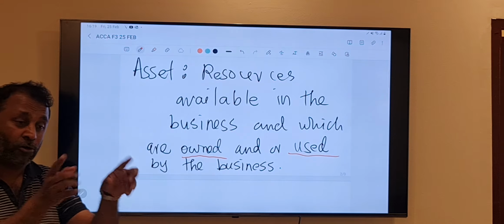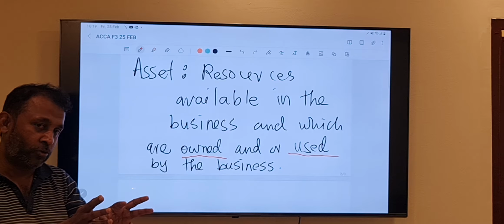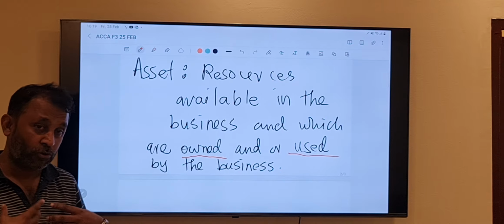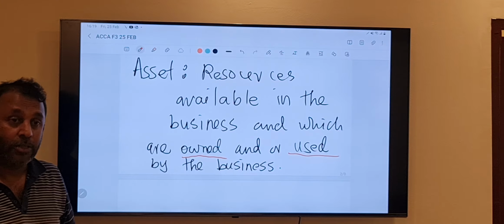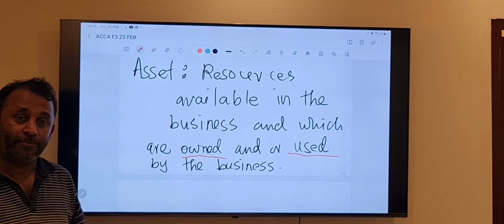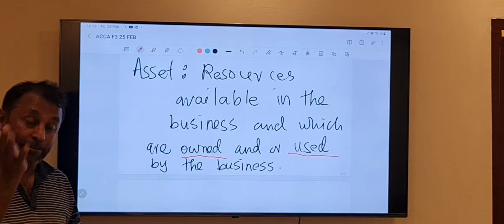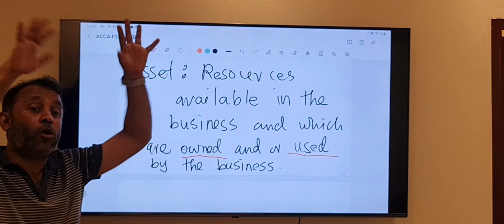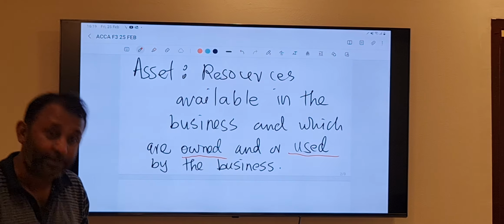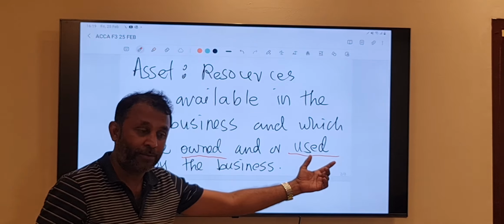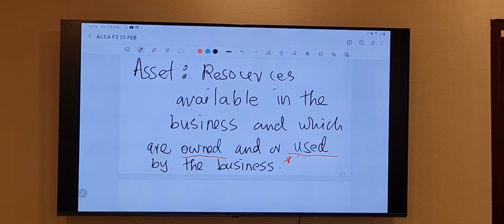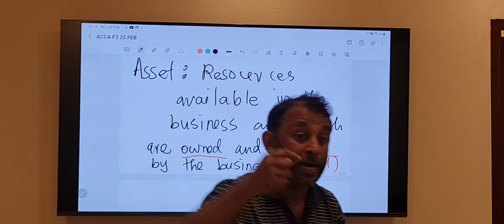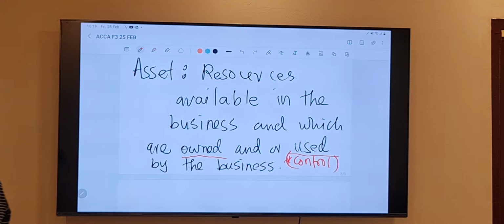And if the machine falls into any damage, who should repair? We should repair. And who should insure this? We should insure. So in this understanding, even if that particular resource is still not owned by us, yet if we are using it, and I will add another word here, that word, controlling it. More than using, you should be able to control.